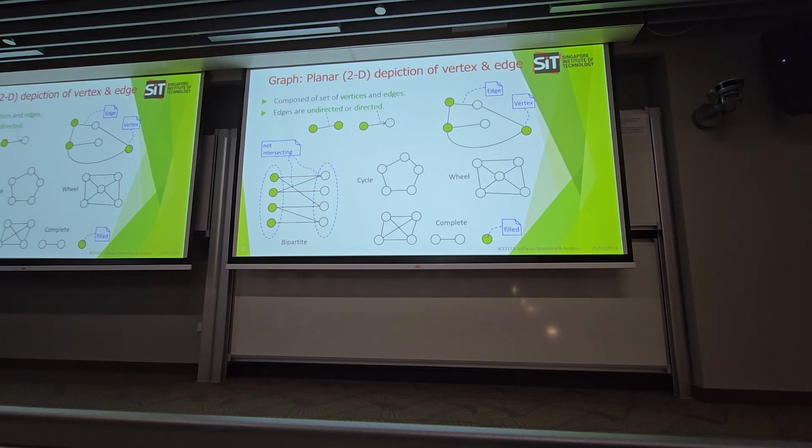Now, all of these are just different types of graphs because of their orientation. I think this is pretty obvious. I'm not so sure about this being so obvious. This is nothing. This is not. This is actually an important